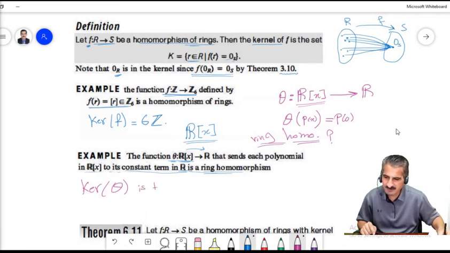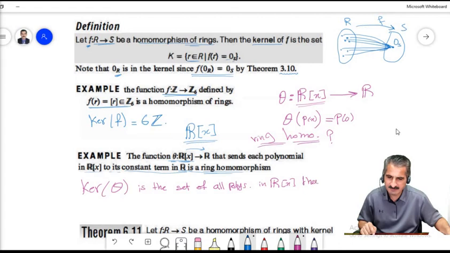It is the set of all polynomials in R[x] that have no constant term. So all the terms have